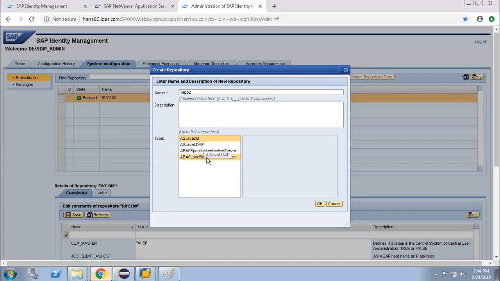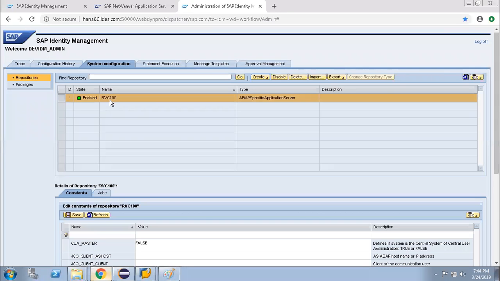You choose the particular repository type and give the name of the system. Usually the repository name will be the name of the system along with its client. Since we already created that, RVC 100.